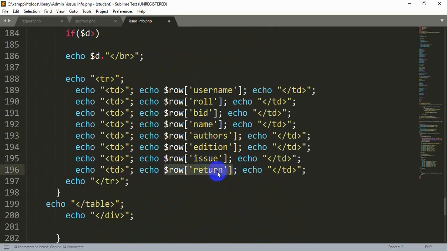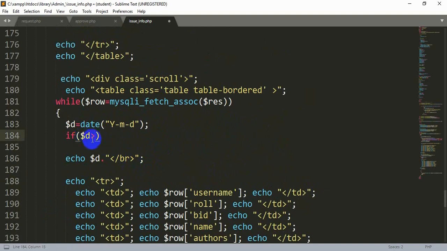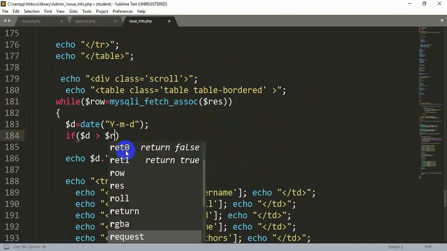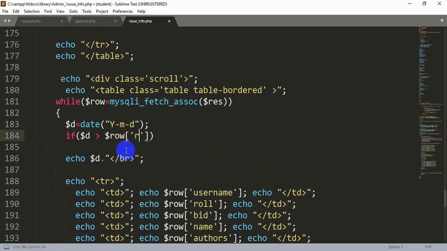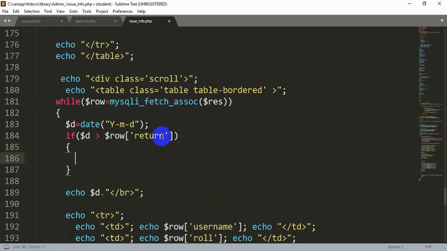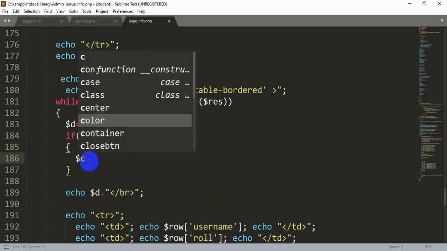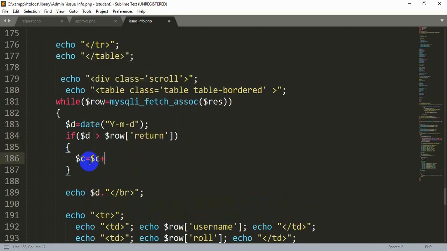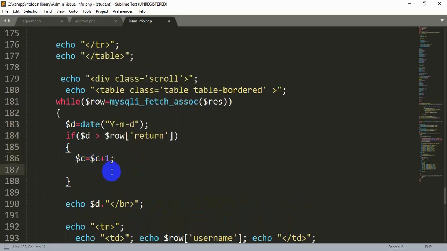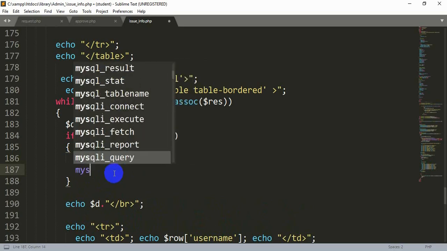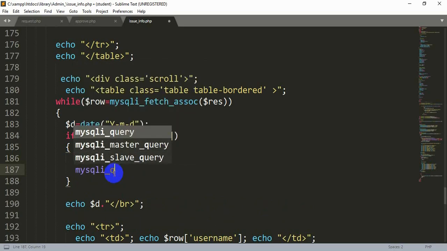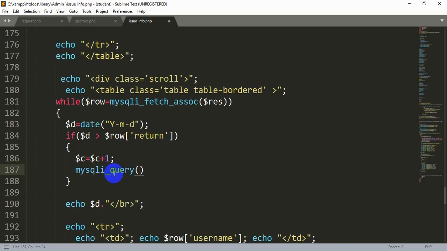So here our variable $row return that we have fetched, we will use that variable to check if $D, that means today's date, is bigger than that date. That means the return date has expired. And if this condition is true, then we will go to our statement. Inside this if statement we will write $C equals $C plus 1. That means $C's value will be incremented by 1 every time this condition is true. And then after this we will write a query,